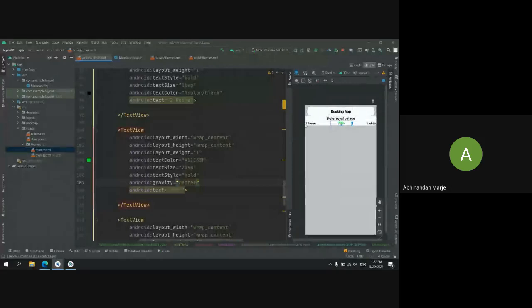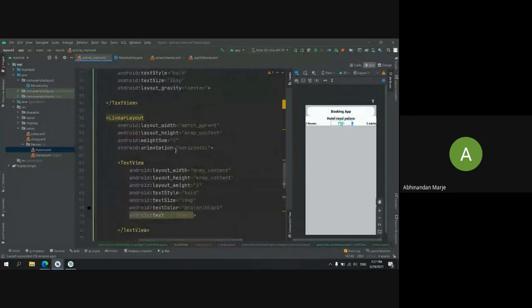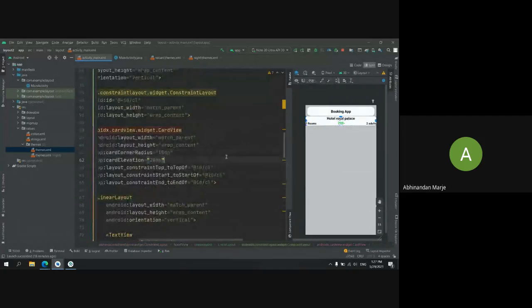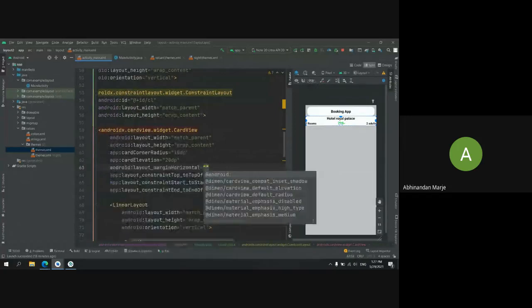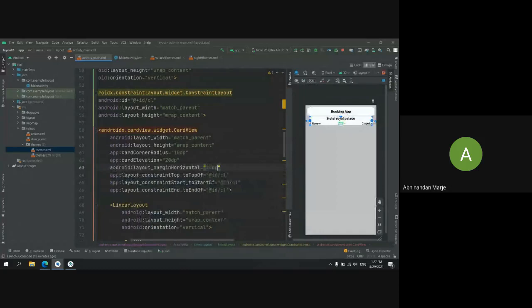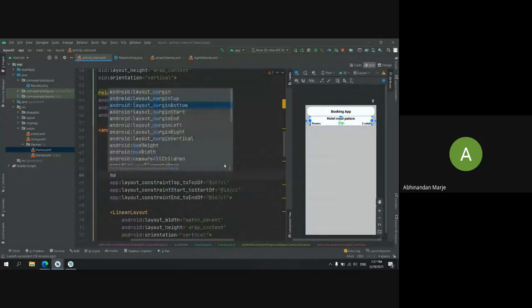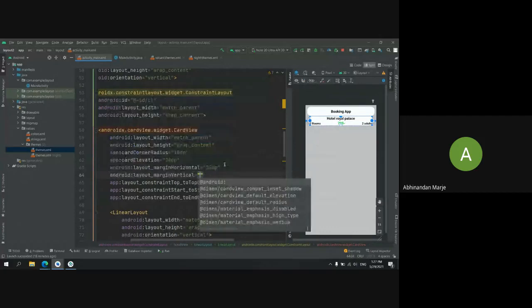Okay, now you can see it is a little bit messy. I want the right margin, right padding over here. So first thing, I want to give margin to my card view. Here is our card view. I want to give it margin, let's say, horizontal I want 25 dp. Yes, now here you can see it is having the margin only. See, margin vertical to be like 10.